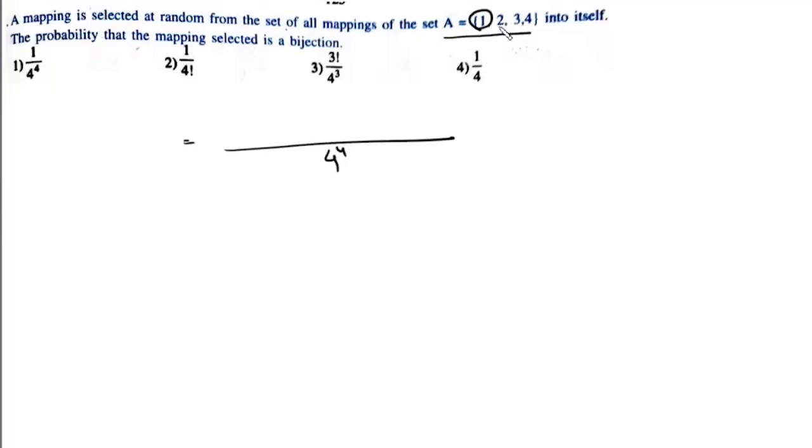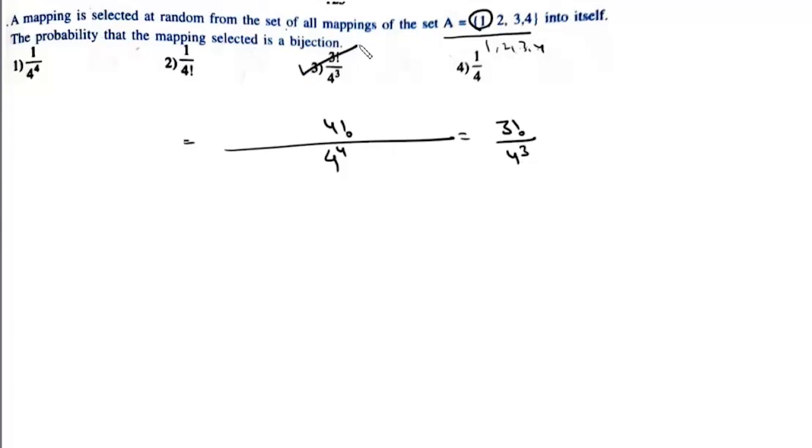Now if it is a bijection, then it will be a 1, 1 function. So we have to arrange these 4 against the permutations of these 4, and which is done in factorial 4 ways. So this probability is factorial 4 upon 4 to the power 4 or factorial 3 upon 4 cube,